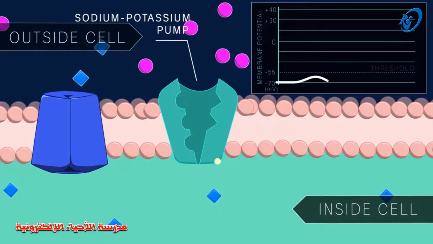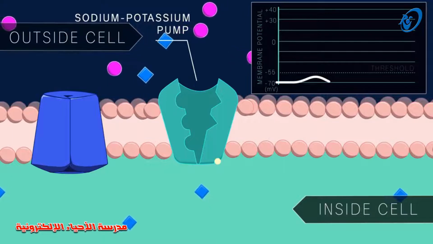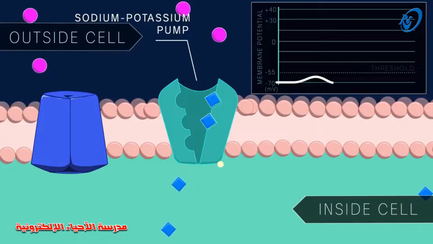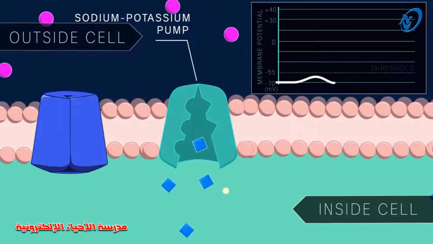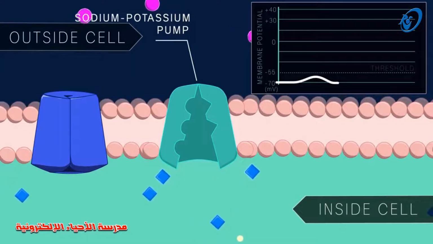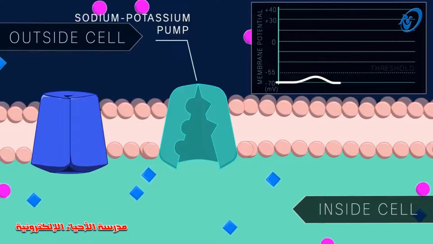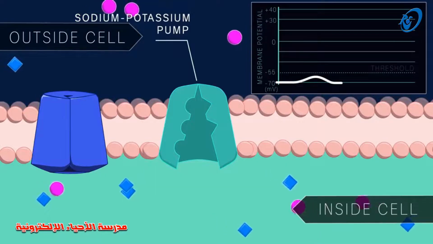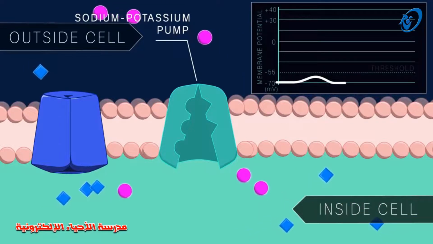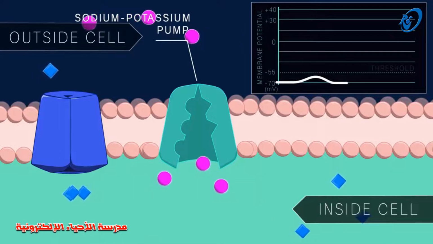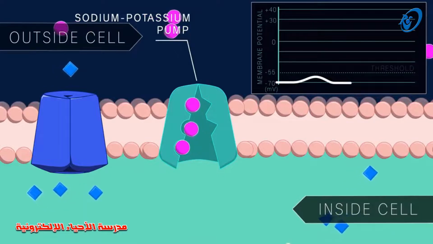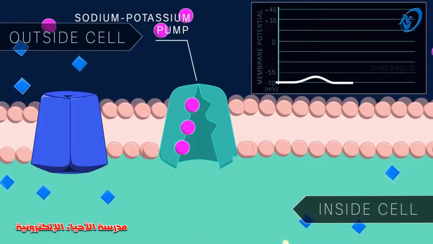In other words, sodium is transported to the outside of the cell, where its concentration is higher, and potassium is transported back into the cell, where its concentration is higher. One cycle of this pump transports 3 sodium ions outside the cell and brings 2 potassium ions inside the cell. This unbalanced charge transfer contributes to the separation of charge across the membrane and also to the ionic concentrations we see at rest, thus restoring the chemical and electrical gradients to their resting levels.